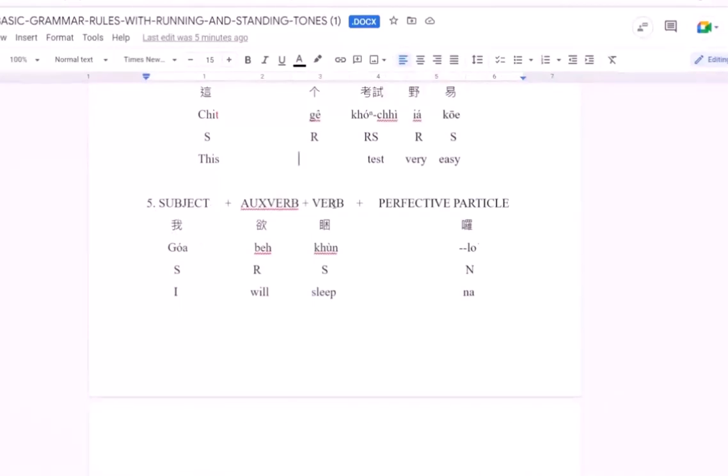Next is subject, auxiliary verb, and perfective particle. So guabe kundo, I will sleep na. So, I will sleep already. Gua is me. Be is will. Will is in this case we use will because it's indicating future tense, and then kun is the verb,